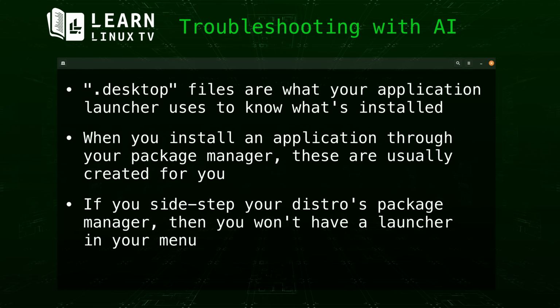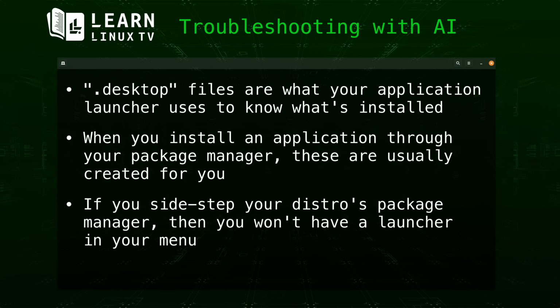The thing is though, when you run something like Firefox from a downloaded archive, you won't have an icon for it within your application launcher. Since you've sidestepped your package manager completely when you install something manually, your desktop environment won't even be aware that you're running Firefox this way. To fix this, you can manually create a desktop file for your downloaded app and still have it appear in your application launcher despite installing it manually.